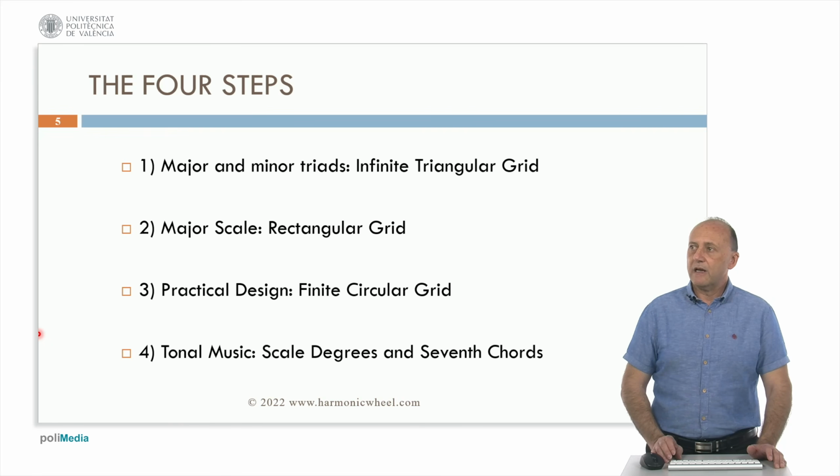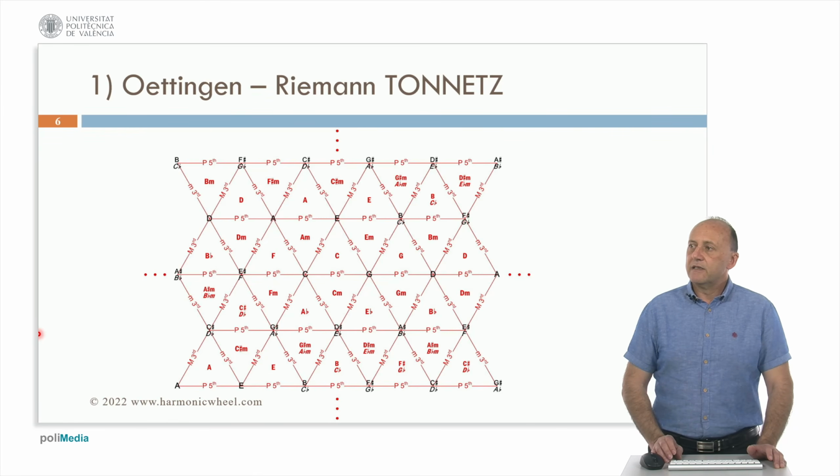The 4 steps are first to represent the major and minor triads on an infinite triangular grid, then the major scale, which makes the grid rectangular. The final design will be a finite circular grid, and for tonal music, I also included the scale degrees and 7th chords. This is a triangular grid known as the Euler-Riemann Tonnetz, where the notes are at the vertices